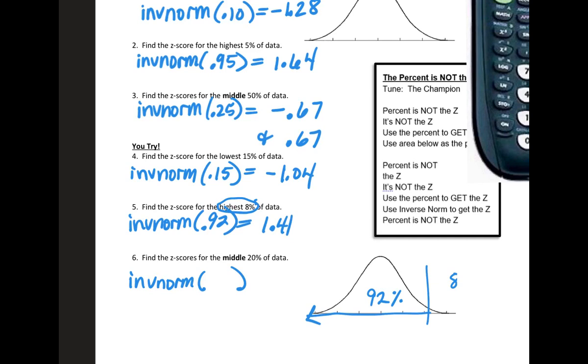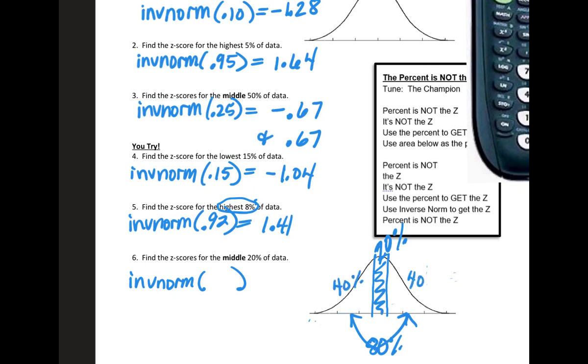Now, this one where it asks for the area in the middle, it says the middle 20%. Okay, so let's talk through this and see how we figure out what's in each one of the sides. So we go like this. I'm going to draw this section in the middle. That's probably pretty skinny. It's got 20% in the middle. So if 20% is in the middle, then how much is left together on the sides? Well, that's got to be a total of 80%. So if there's 80% on the sides, then that means I've got 40% on the left and 40% on the right. Therefore, I'm going to do my inverse norm of 0.40, and I get negative